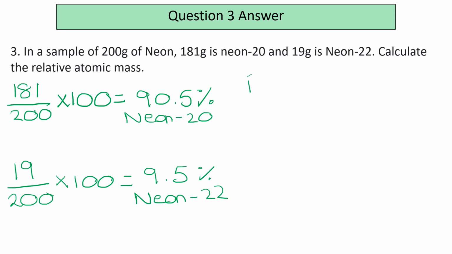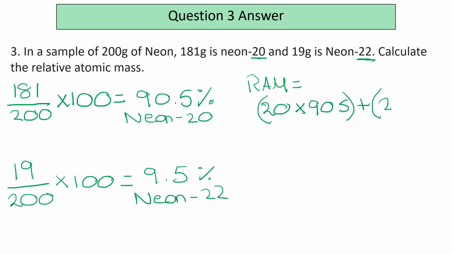And to work out our relative atomic mass, we do our standard calculation from before. So we take our mass number of 20, multiply by its percentage abundance, which was 90.5, put it in brackets, add it to the mass number of 22 here, percentage abundance being 9.5, divide by 100, and we get an answer of